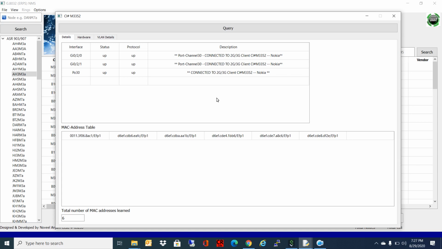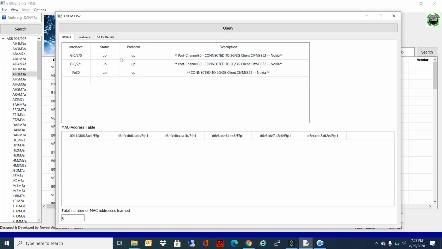So the information shown here is the old one. For example, if we run the network management system, and after one hour or half an hour we want to see the information about this CI, this information is the old one. If we want fresh, refreshed information about the CI, we have to press this query button. Once we press this query button, the system will again log in to the device, fetch all the data, process it again, and display it over here.